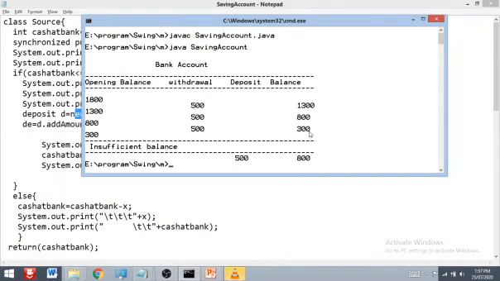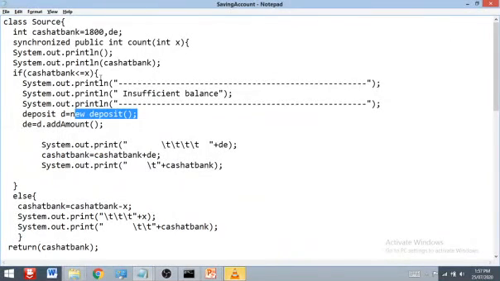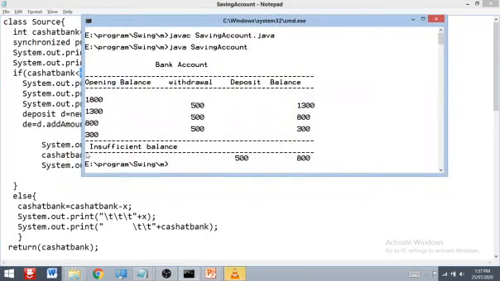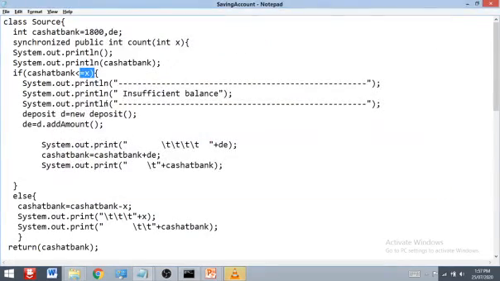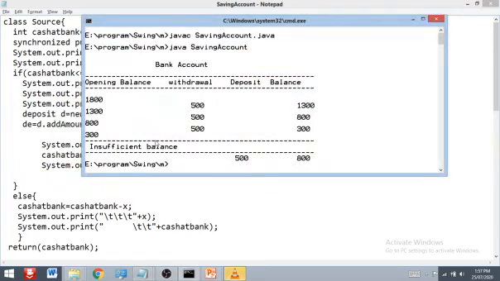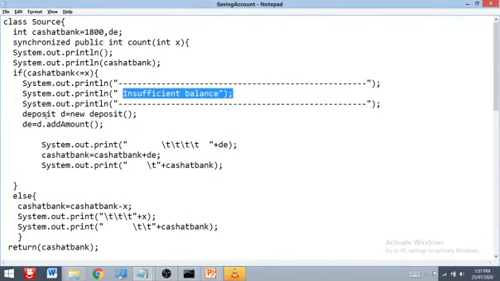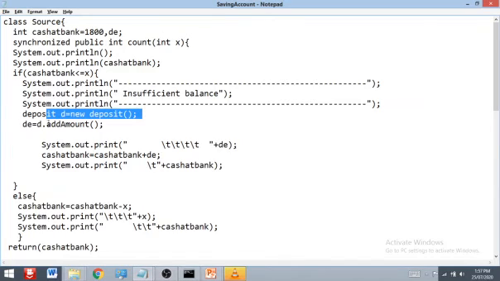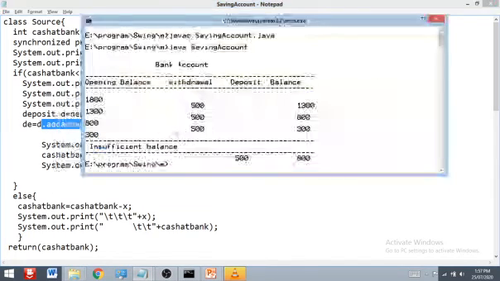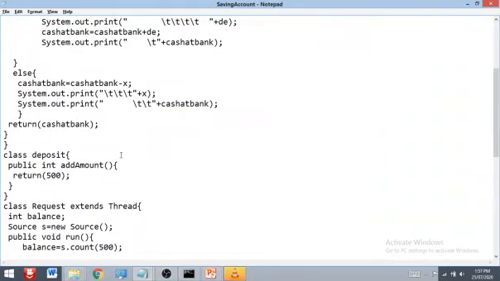Now the 300, that is the cash at bank, is less than the amount that we want to withdraw, and that's why here we display the message: insufficient balance. Whenever the balance is insufficient, we call the deposit method, that is add amount, and here we add the amount, that is 500 rupees.